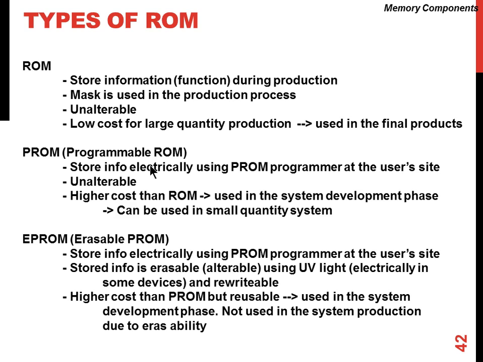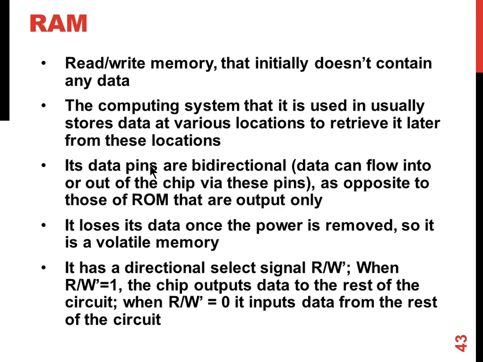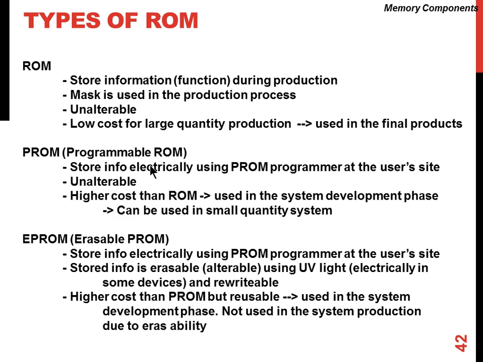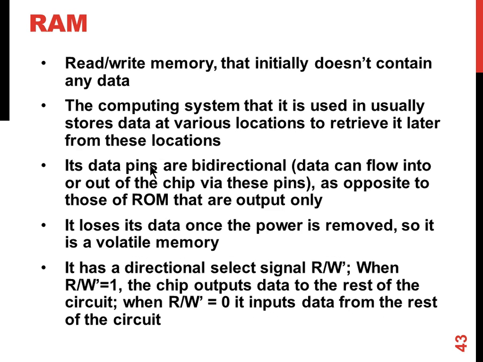Almost all of these memories that we use are basically volatile memories. They won't retain the values unless there is a power backup somewhere. If the power goes away, the memory loses the contents. So that's a volatile kind of memory. In case there is a power backup, it will retain the contents, then it can act like a non-volatile memory. So RAM is basically a read-write memory. We can read from the memory, we can write to the memory. Data pins,